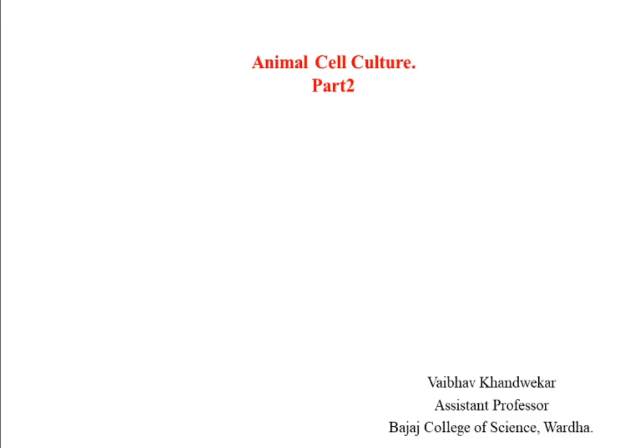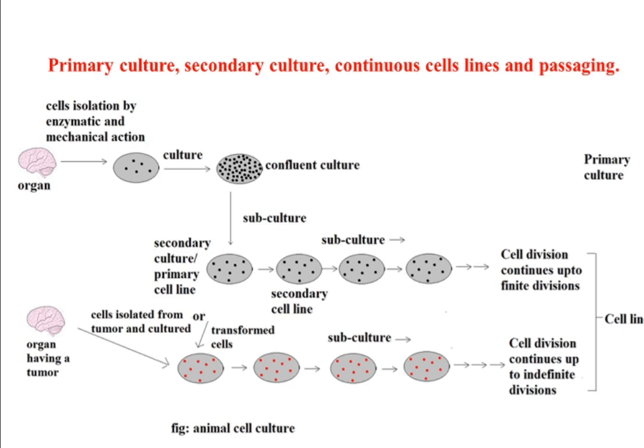Then we have seen the CO2 incubator, its basic principles and function. After that, we have seen inverted microscopes, the basic principle of that microscope. Then other equipment required in animal cell culture, like autoclave, micropipette, glassware, and most important discoveries. In this lecture, we'll be seeing the primary culture, then what is secondary culture, then what are continuous lines,